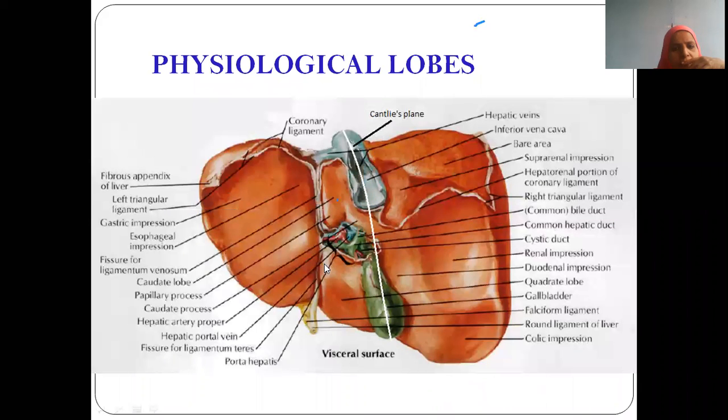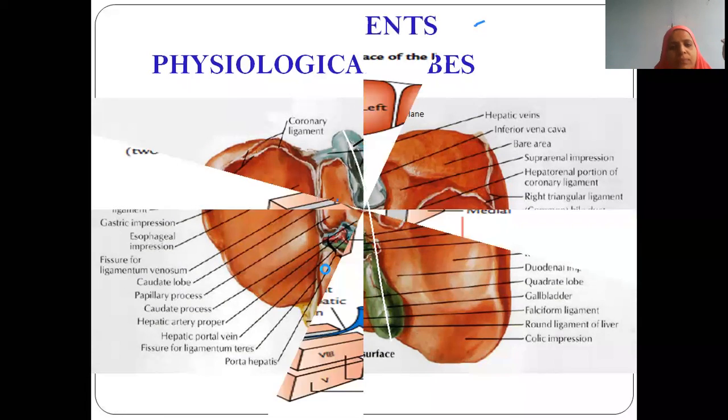Now coming to here, I can show you better. You asked me about the processes, right? Both processes are very clear. This is the caudate lobe, and you are finding the tail-like projection here. The tail-like projection is the caudate process. Adjacent to that, you find one more process, the papillary process. This is Netter's picture. If you have Netter's atlas, you can appreciate it also. All impressions are very well given. Everybody should learn this diagram.